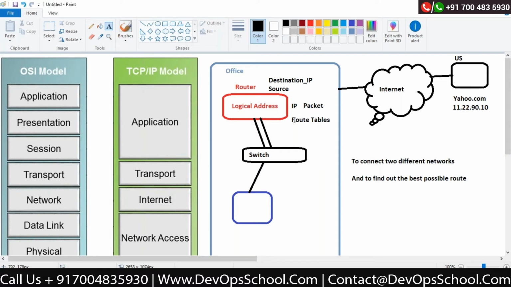Then I know I need to create route tables for that. But for yahoo.com I don't need to, because in my offices people are accessing thousands of websites, and if I do not find a route, my router will not go outside. Then there is a concept called default routing, correct? Default routing helps me send this data over the internet, correct?